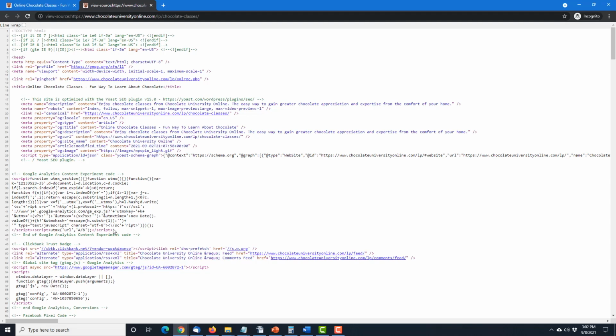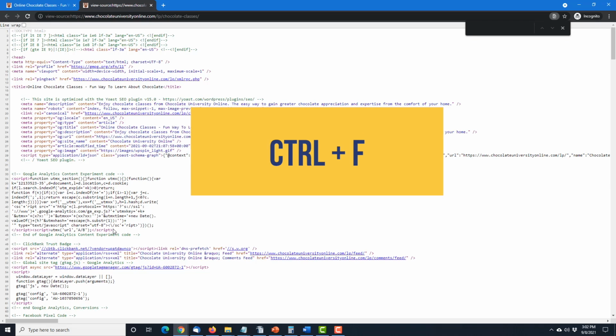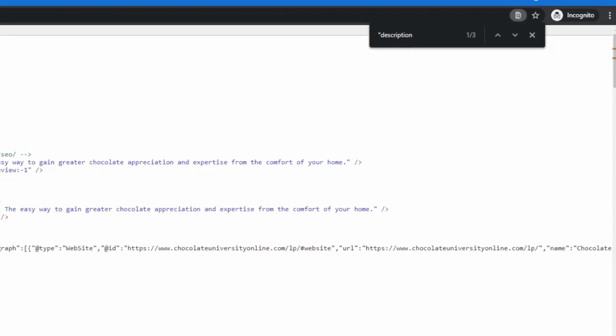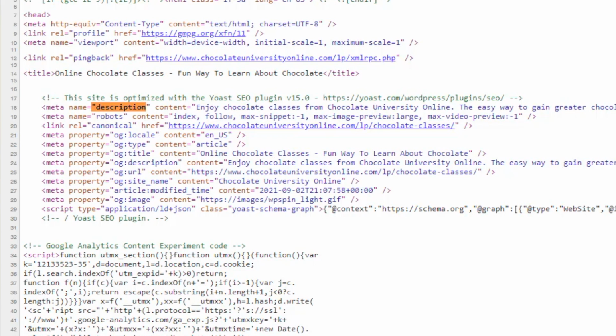When you do this, you will see the HTML code that tells your browser how to display the page. While you're looking at the code, press Ctrl+F on your keyboard to open up a find box. Type in description. You should see a line that starts with the less than sign, followed by the word meta, and the line contains text that says name equals description, and then it ends with the greater than sign. Often the name equals description text immediately follows meta inside the tag,